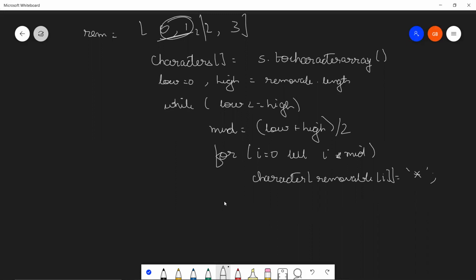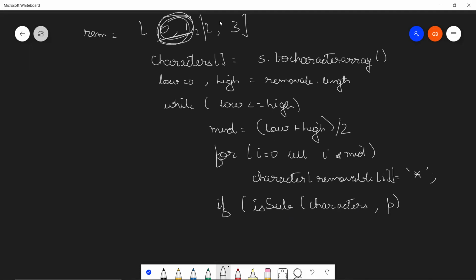Right. Now, let's check if after removing, P is still a subsequence of S. Let's assume that I have created a function for checking it, and I'm going to name it isSub. Let me keep this S capital, isSub, and I'm going to pass P and S, basically my characters array where I've removed, comma P. And if this is true, it means that they are still forming a subsequence.